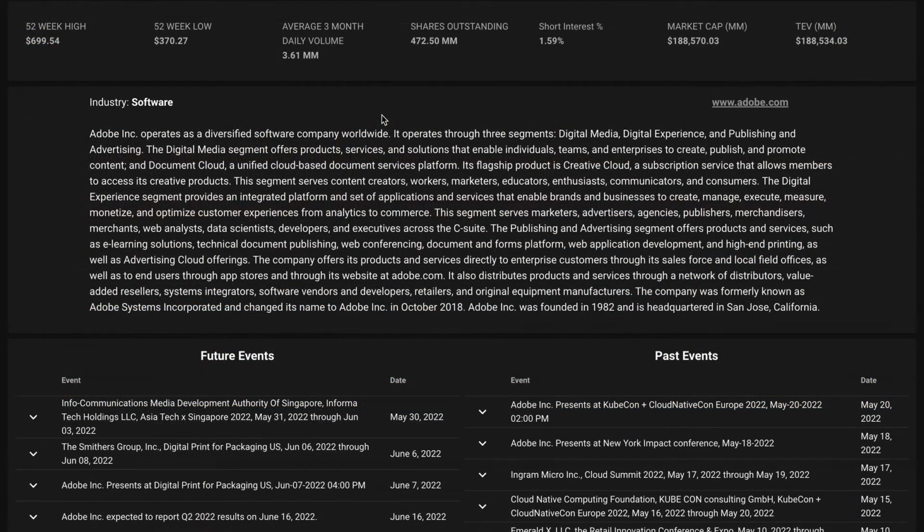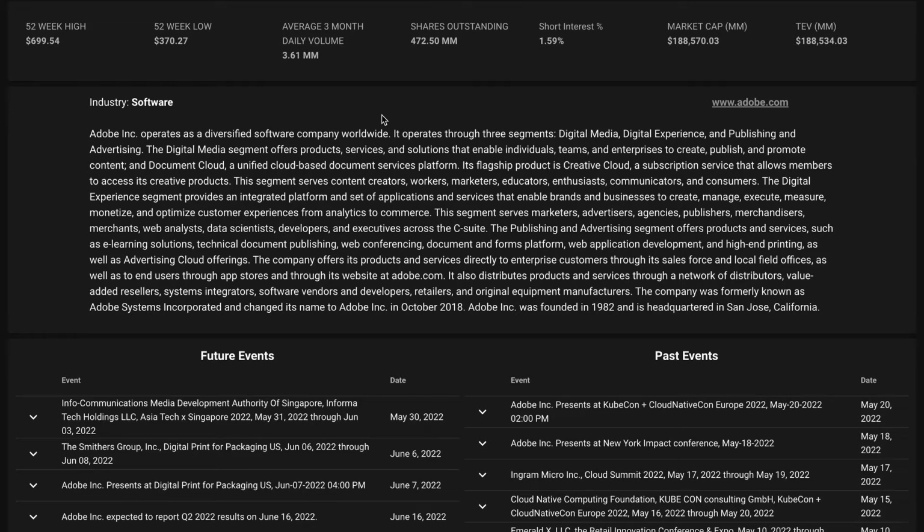So for some background about the business, Adobe provides content creation, document management, and digital marketing and advertising software and services to creative professionals and marketers for creating, managing, delivering, measuring, optimizing, and engaging with compelling content. It operates across multiple operating systems, devices, and media. The company operates with three segments: digital media, content creation, digital experience for marketing solutions, and publishing for legacy products, which is less than 5% of revenues.